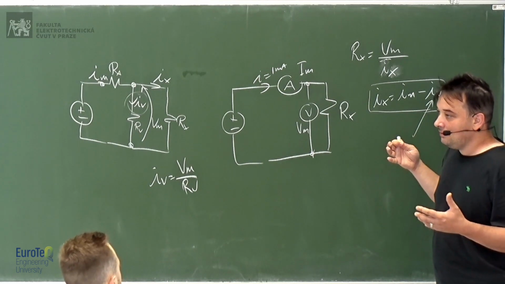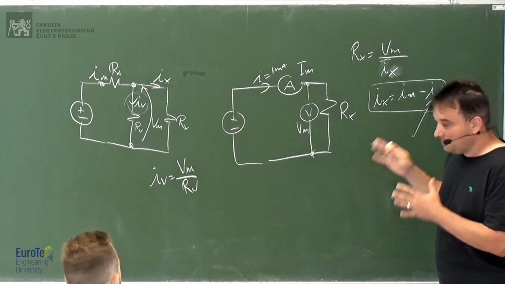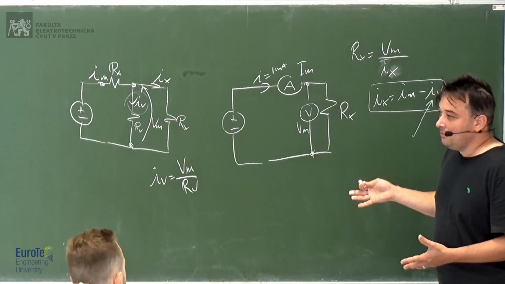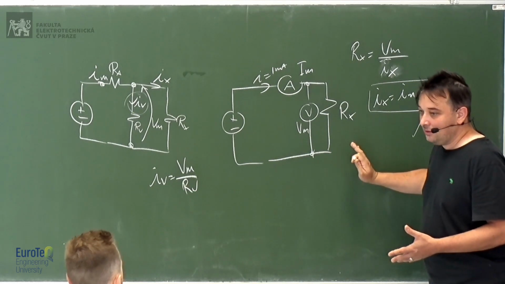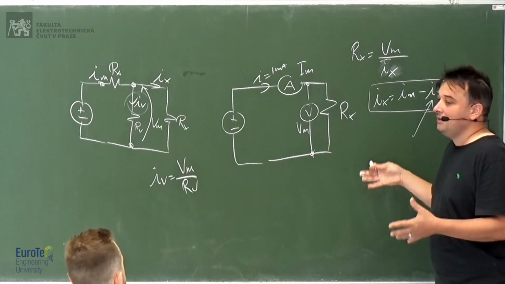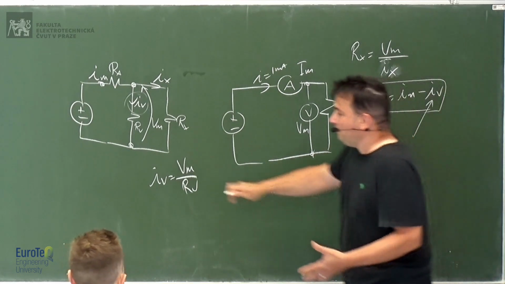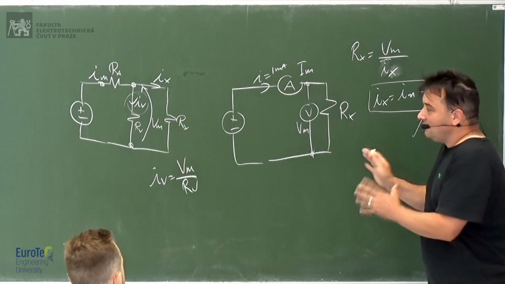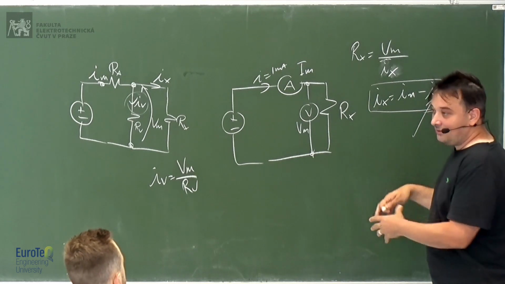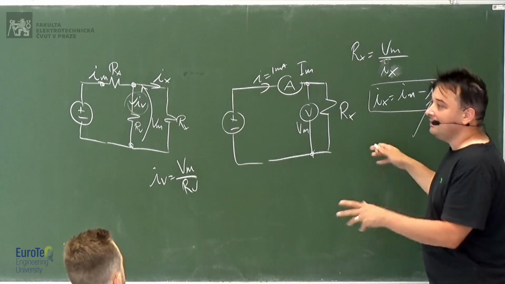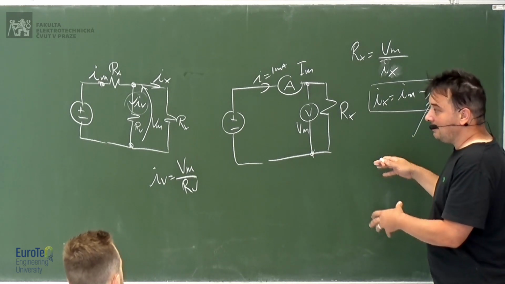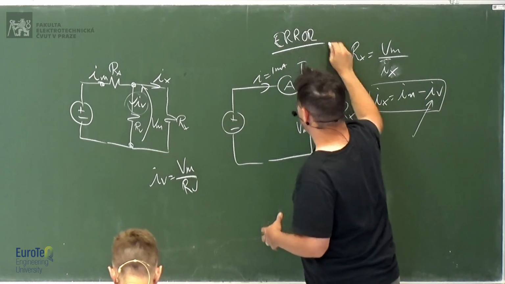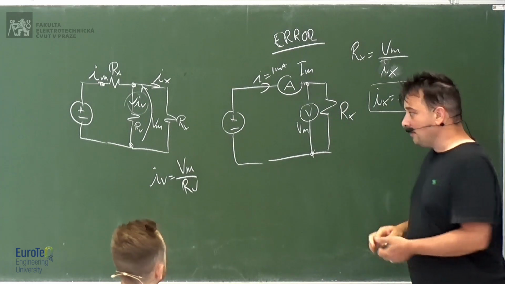We can estimate it. We can say it is some particular value, and therefore we call it error, because we can say it's that value. We can calculate it. It will not be perfect, because we still don't know perfectly the value of this resistance, but at least we have a precise estimation. So this is something that we can correct, and if we can calculate it, more or less precisely, and subtract it from your reading, then it's called error. So yes, this is the error introduced by the method, and we can call it error.